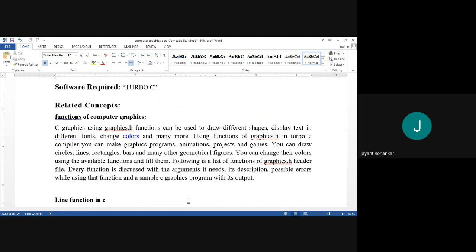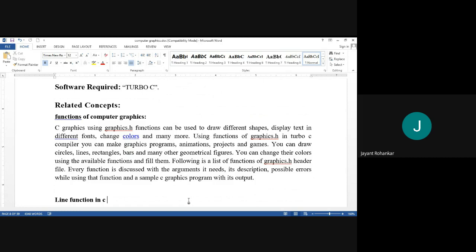Using graphics.h functions in Turbo C compiler, you can make graphics programs, animations, projects, and games. You can draw circles, lines, rectangles, bars, and many other geometrical figures by using graphics.h. You can change their colors using the available functions and fill them.